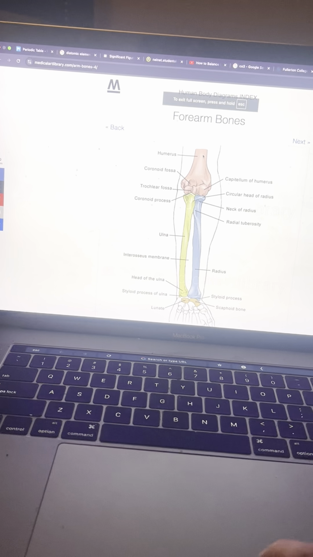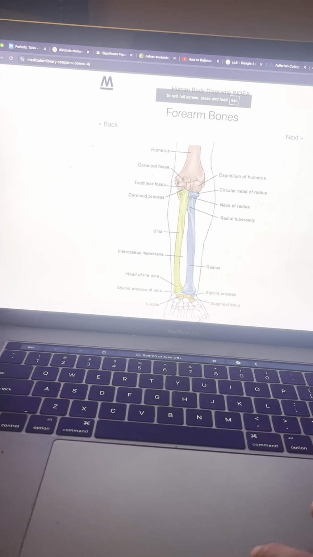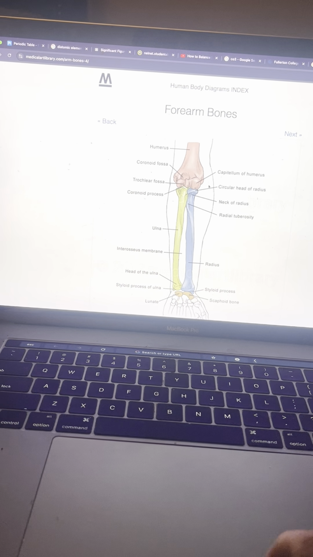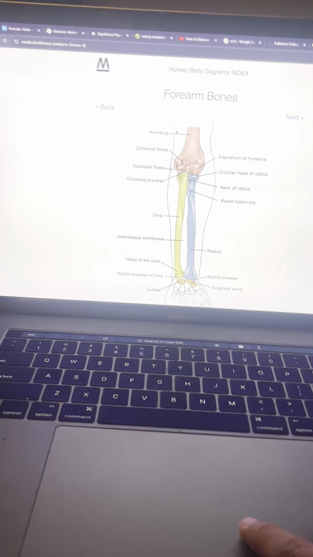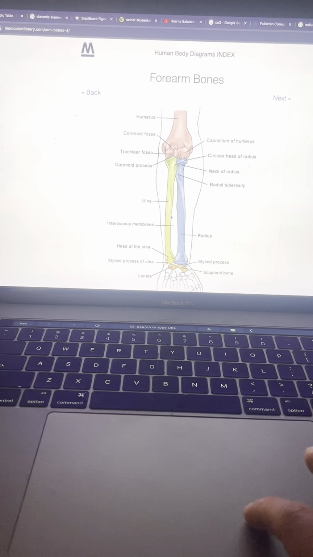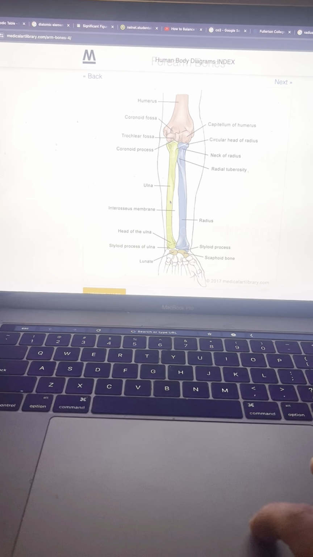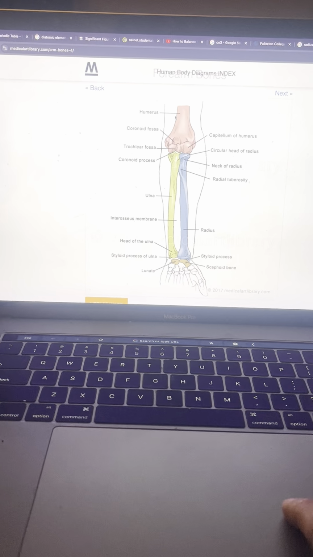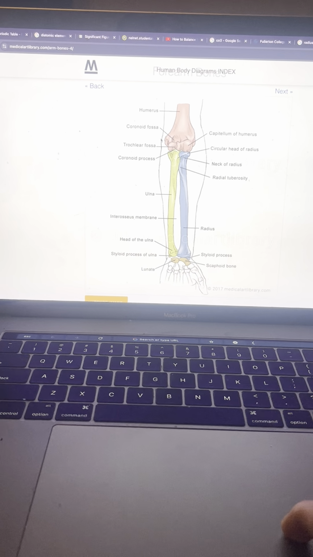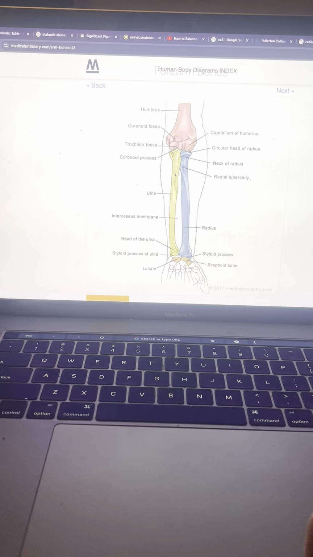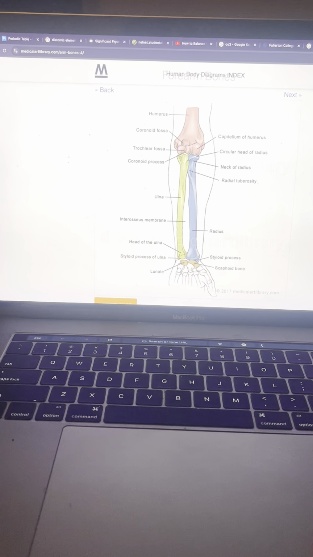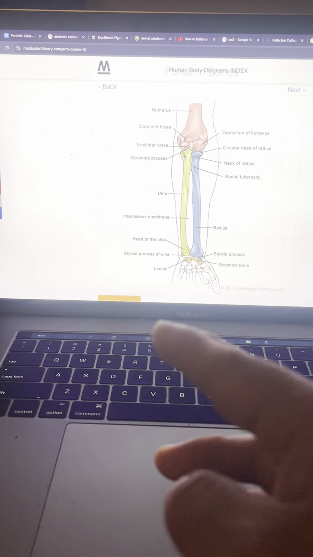we're going to be going over the parts of the arm, and it's going to include everything that makes up the arm, which is going to include the humerus, the ulna, and the radius. Now this is a very nice detailed picture of everything, but instead of pointing to you guys like, this is the humerus, this is the coronoid fossa, this is this, this is that, I think I want to make it a little bit more interesting for you guys, and I actually want to show it on a picture